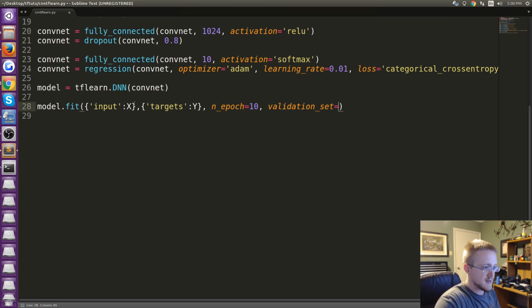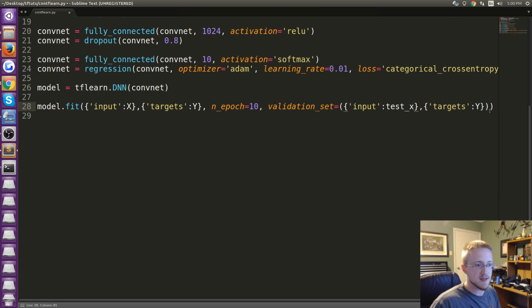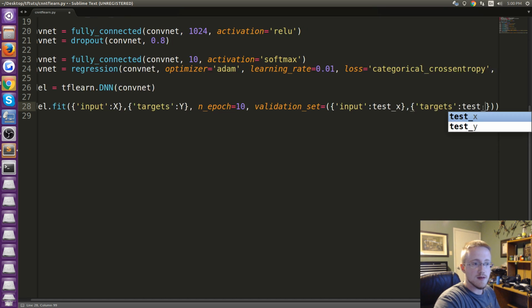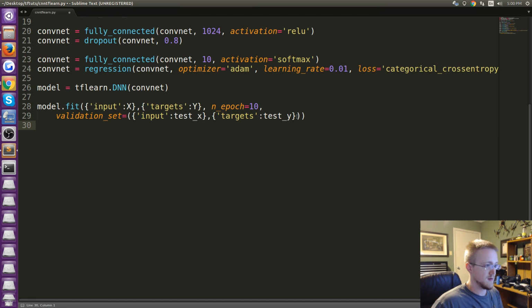Validation set is equal to, and basically the same thing. I'm going to take this, copy, and paste. Rather than just x, it's test x, and then this is test y. I'm getting lost. Let's hit enter here. This was for the validation. Cool. So validation set, and then we have snapshot